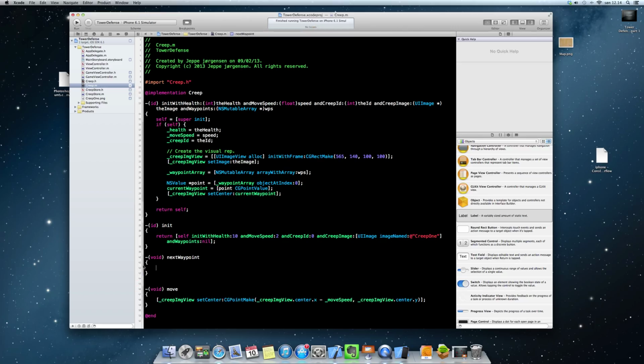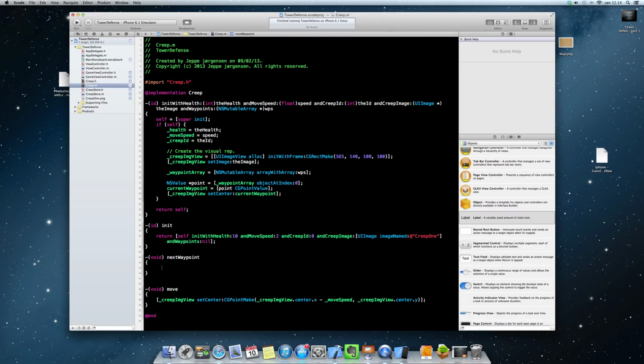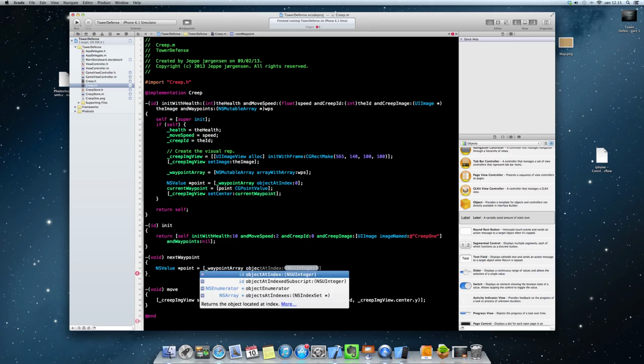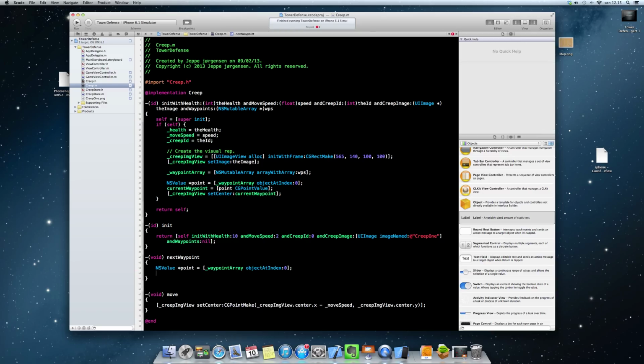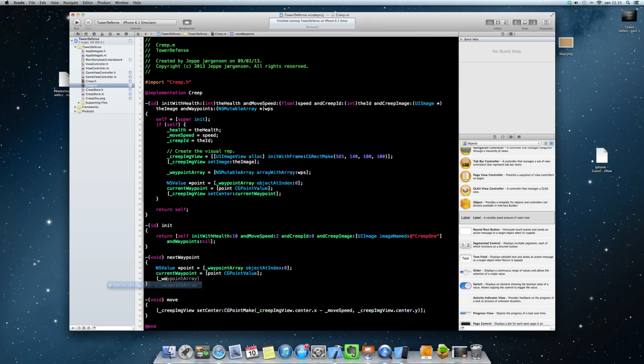And what this method is going to do is to get the next waypoint in the array. So we just do exactly the same as we did before. We get this waypoint array object at index 0. We get the point from our waypoints. We convert it into a CGPoint and store it in our current waypoint, like this. And then we remove it